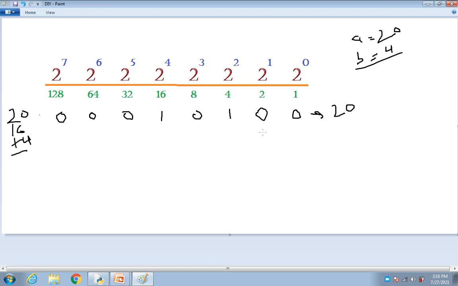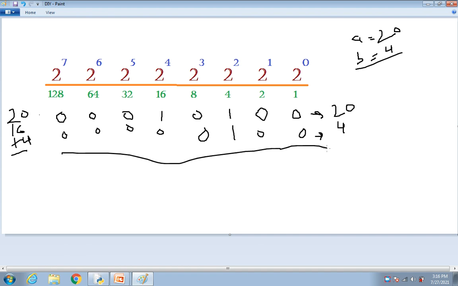To represent 20 we did this calculation, and to represent 4 I require only this number. So the rest I have to fill with zeros, 0 0 and 0. In the truth table of AND, I have shown you that the output will be 1 only if both the inputs are 1. That means in this case only the value will be 1, the rest will be 0 0 0, because I am doing this with the help of the truth table.